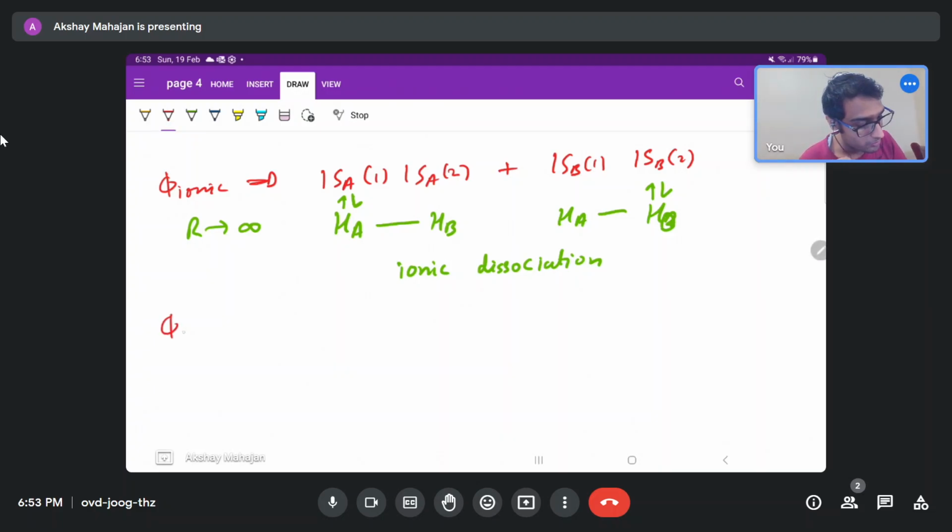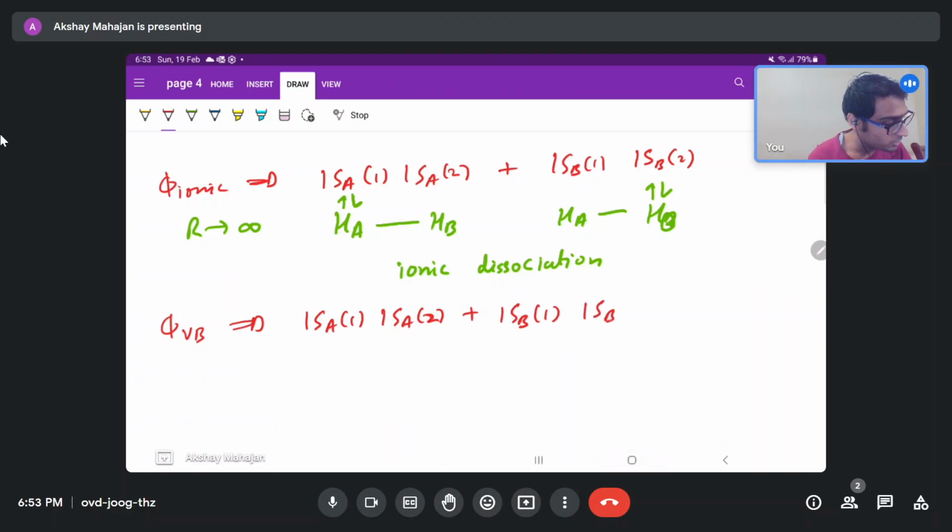Similarly, from the covalent variational bond, which is written as 1sA(1) 1sB(2) plus 1sA(2) 1sB(1), if you go to r tends to infinity, this will now look like one electron here and one electron here. Similarly, from here,